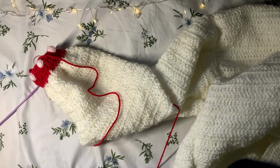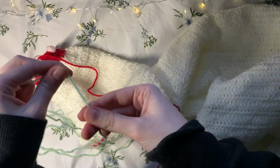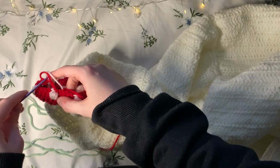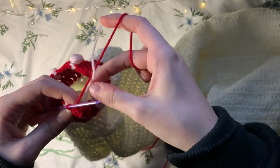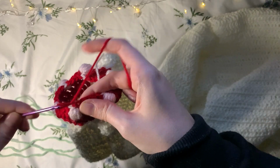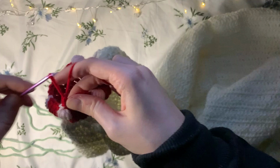But for this next round I'm going to be using my green yarn, so I'm just going to get that ready with a slip knot. I'm going to start my next round. My next round is just going to be single crochets, and I'm going to be pulling up a loop when I get to the strawberry stitch. So I'm going to chain 1, I'm going to make my first single crochet in the same stitch, and then